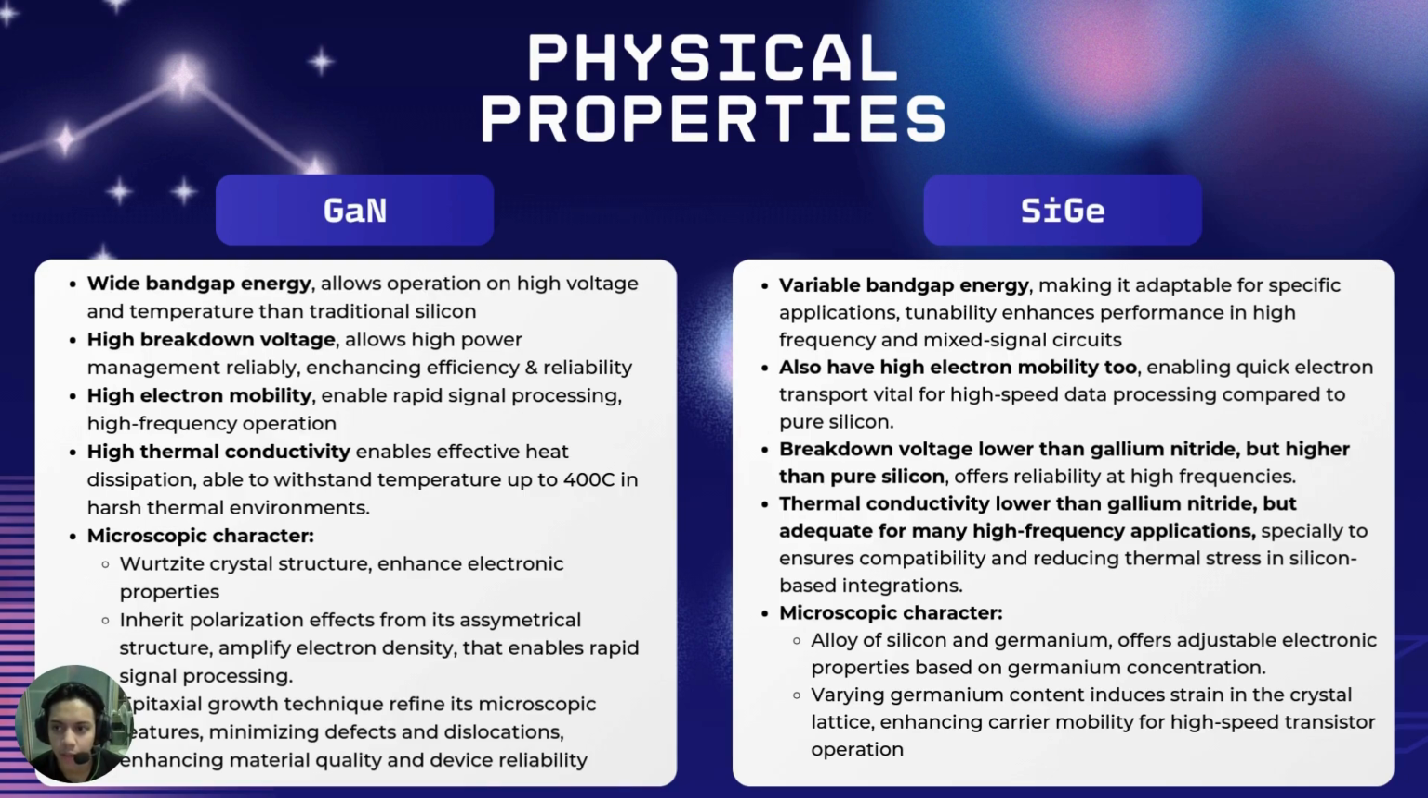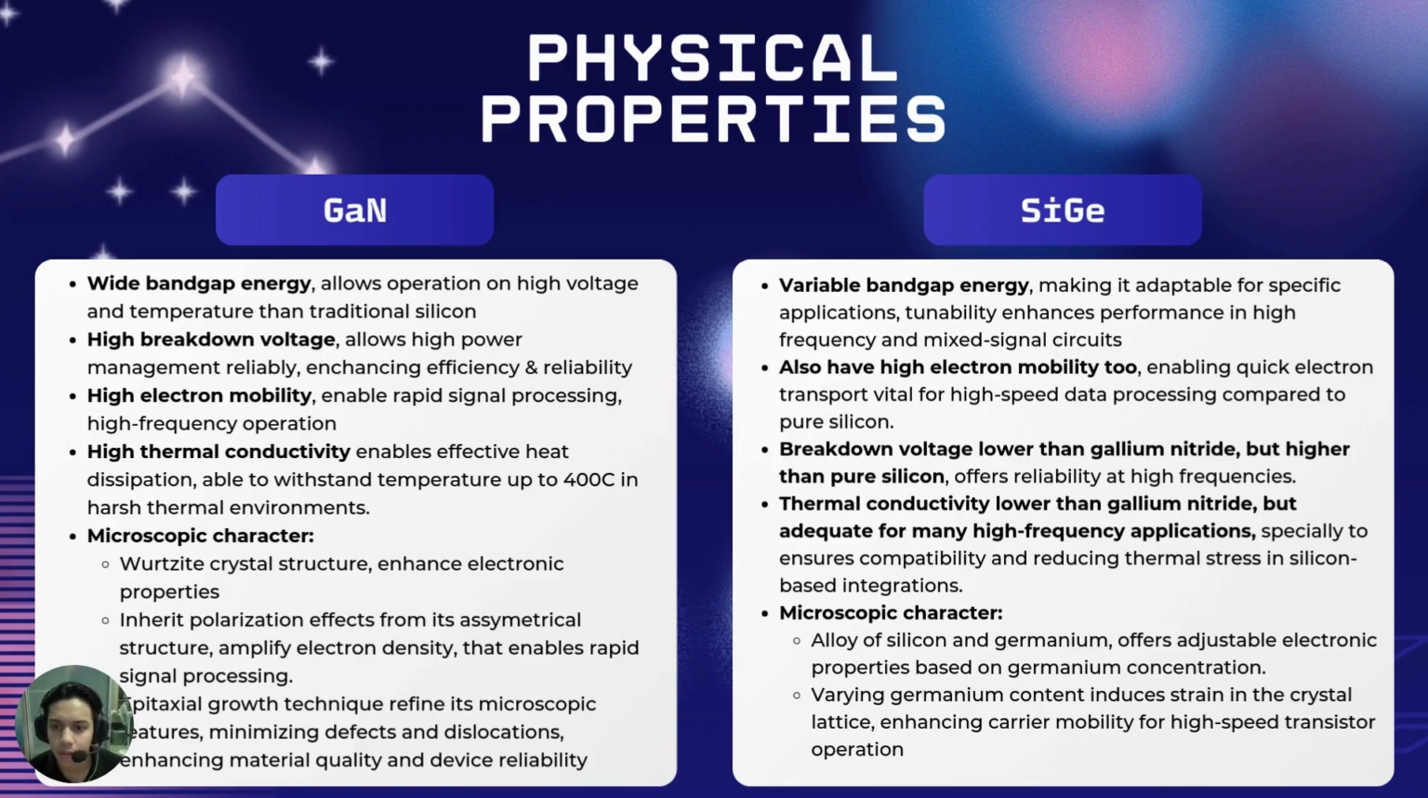With a high breakdown voltage, which is around 3.3 megavolt per centimeter, the device can manage high power levels reliably, enhancing the efficiency and reliability of 5G base stations. Its electron mobility enables rapid signal processing, essential for high frequency applications like 5G networks with high data rates and low latency requirements. Also, its high electron saturation velocity, which is around